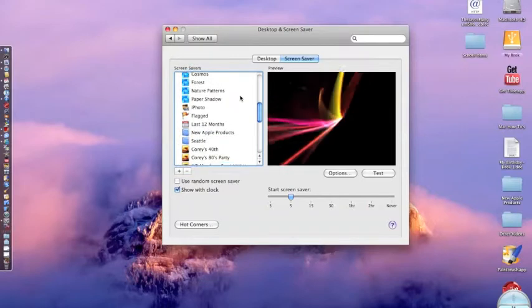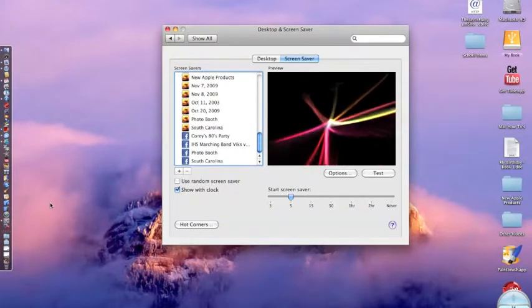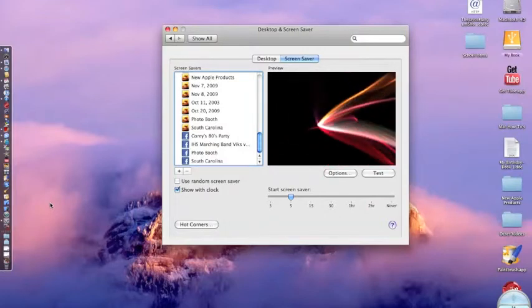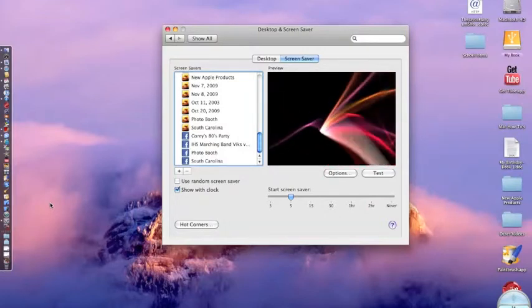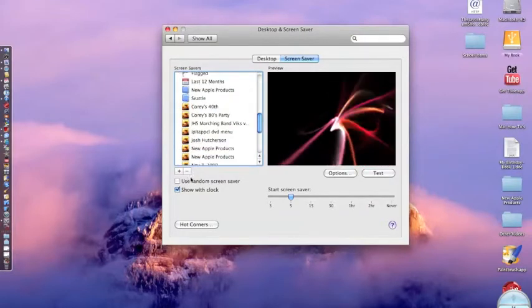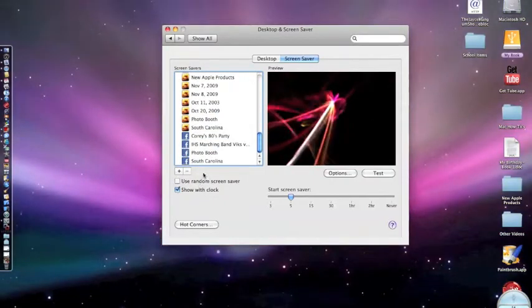there you go. Okay, so you can choose any of those and it will change it. You can even add your own. Okay, but I'm just going to use,